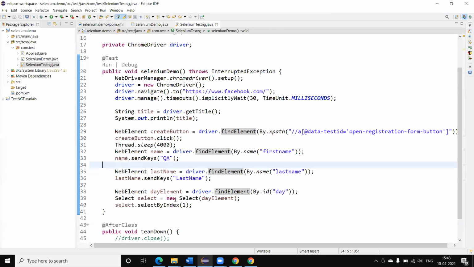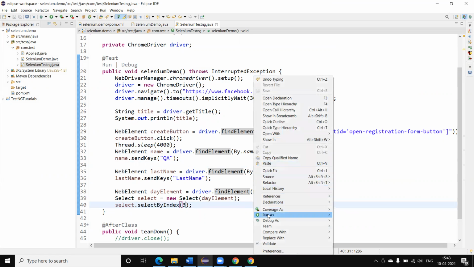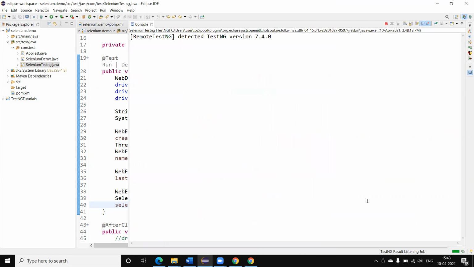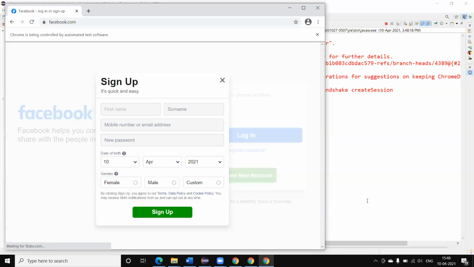Similarly, if we want to select a different index, index is just the position of the values coming under the options tag. If I pass 3 here, it will select the third value from the drop down. Third is selected.